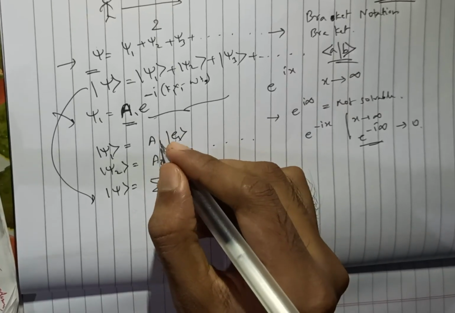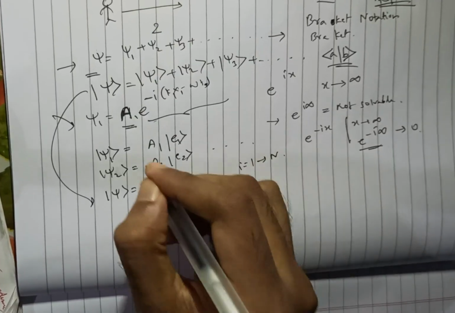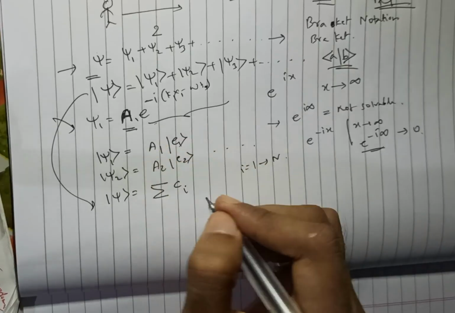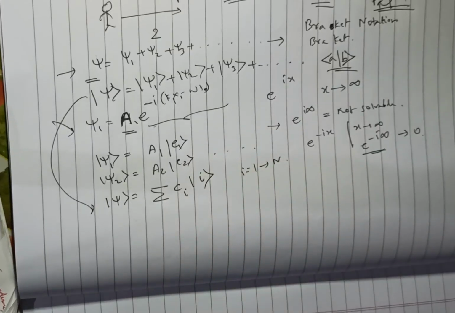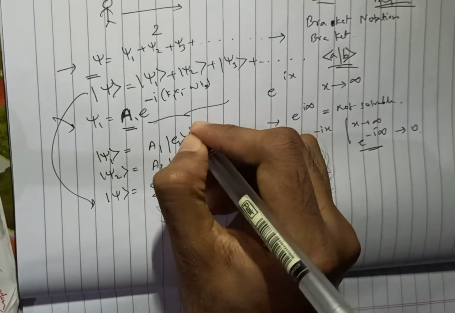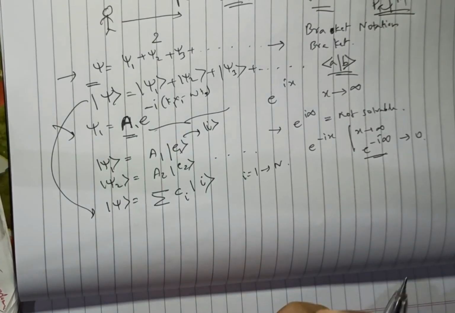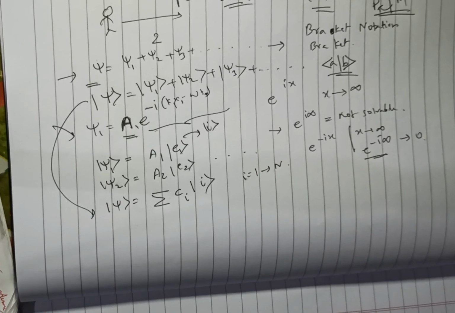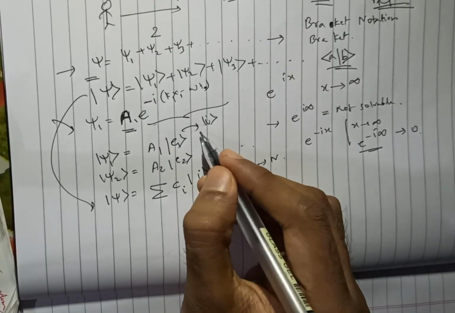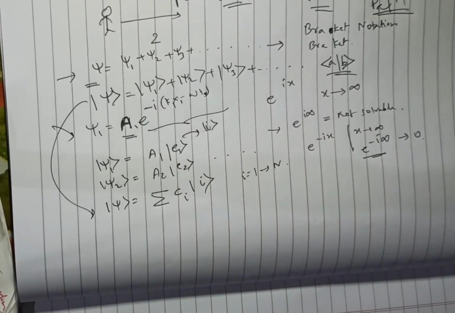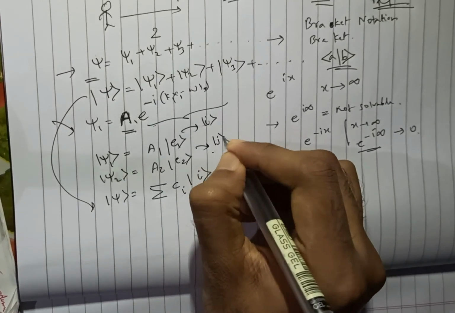Let us say that this a1, a2 I'm representing by c i, where i goes from 1 to n, because this will keep on going from a1 to an, multiplied by some kind of vector. Let us represent that vector by i. This can also be represented as an i vector. It does not matter. It's mathematics. That's the thing that I'm trying to say: this is mathematics, this is not physics. Physics is when we apply it to some kind of systems. But this one is mathematics, so we can use random terms. It does not matter. Now, if this is i cap, this can also be represented as j cap.